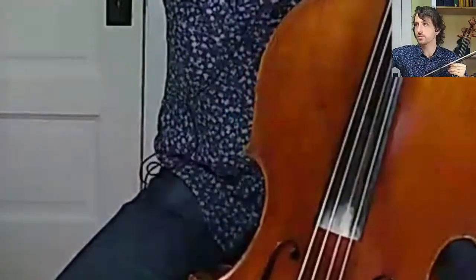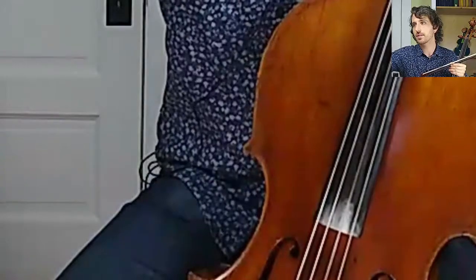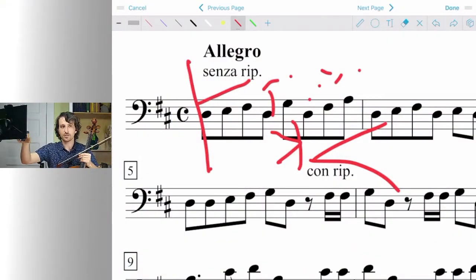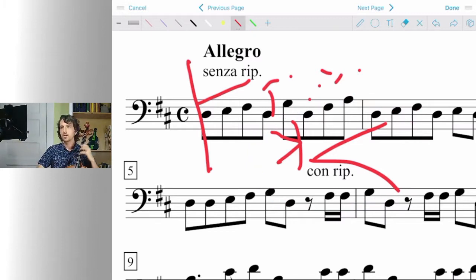Okay, so what I end up playing that I like is actually more this, and then a comma, and then we go into the next measure here. It would have helped if I actually showed you what I did instead of just my cello, but you see what I did right here. I just kind of wrote that out. So we have a comma, we go...